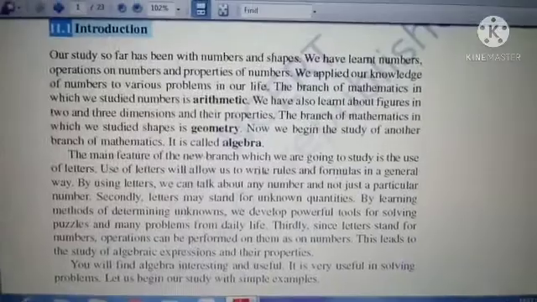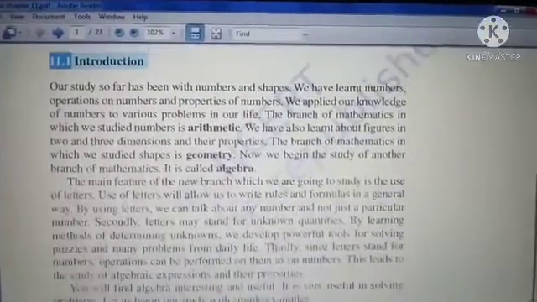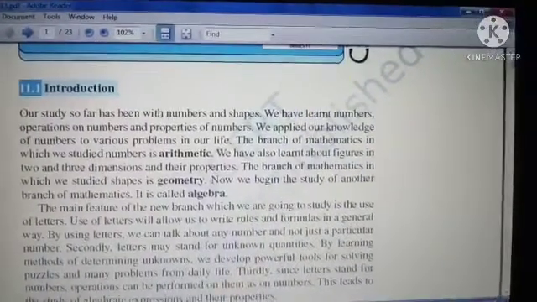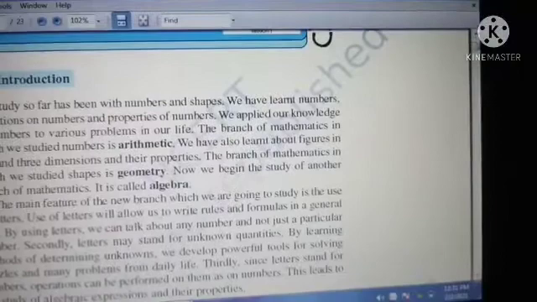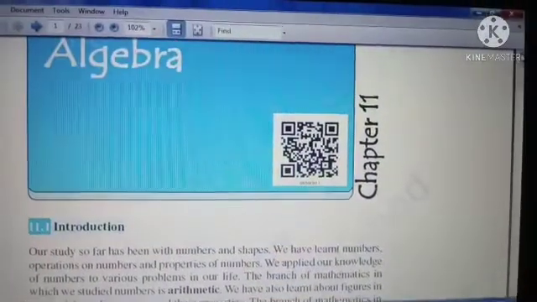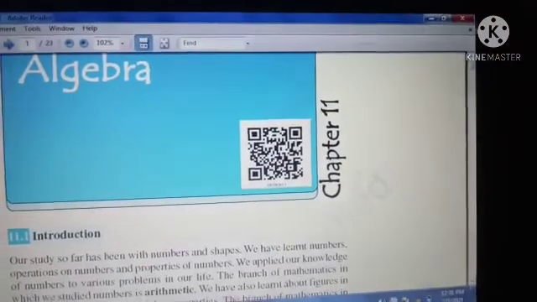Today's class, we are going to start with chapter 11, Algebra. Last class, I gave you one video regarding this algebra. That is actually the basic concept which will be discussed in the chapter.